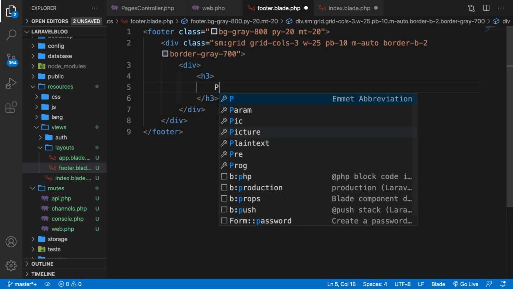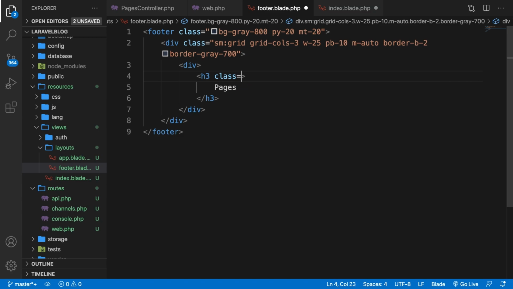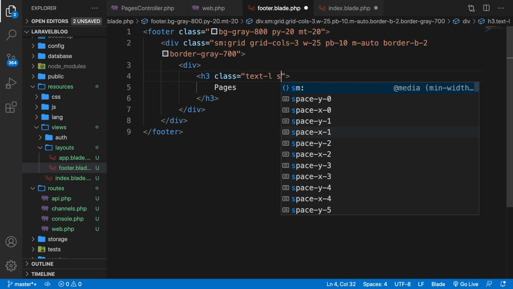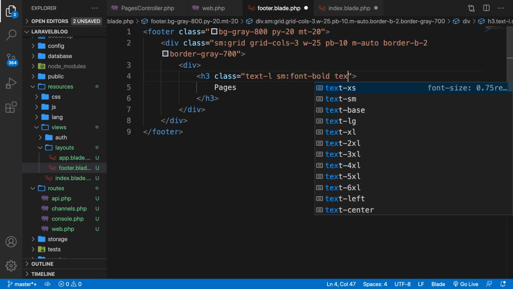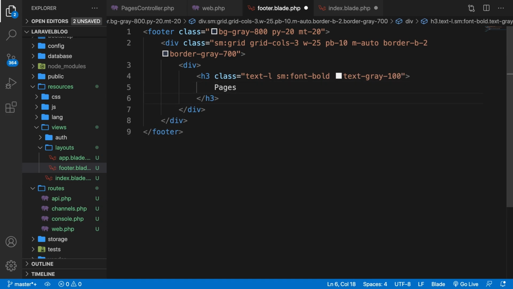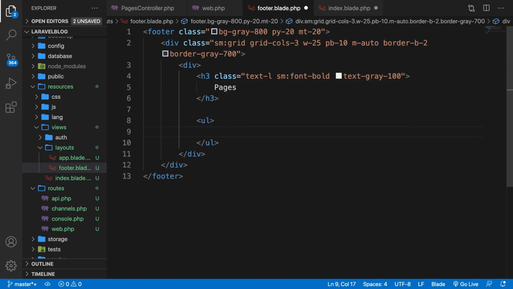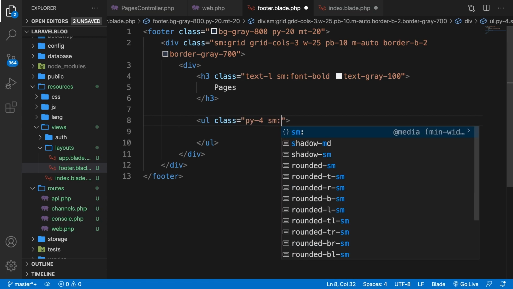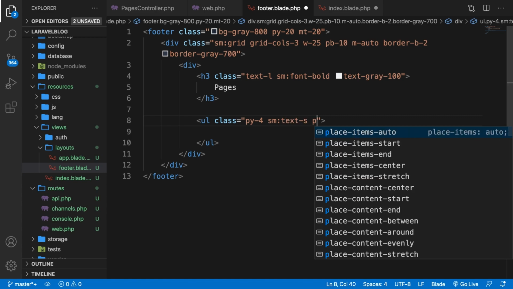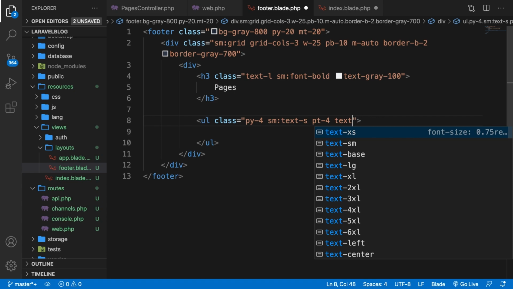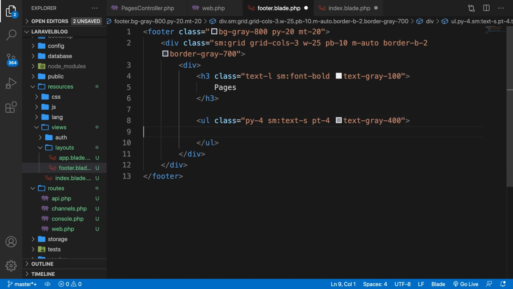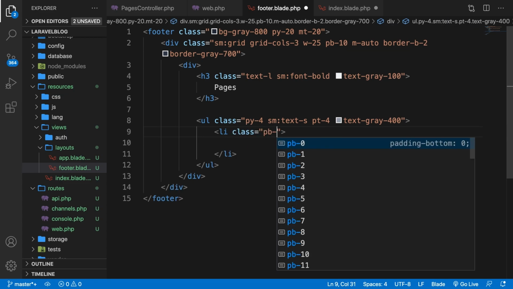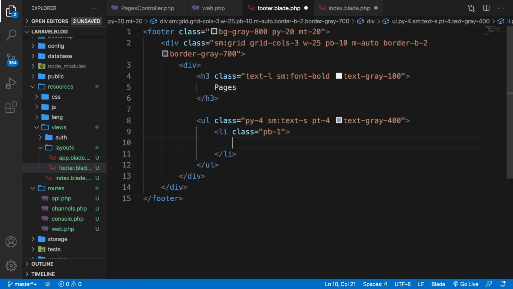Now the second div does not need any classes, but we need to add an h3 in here, which says pages. Let's give it a class of text-lg, so large, for small devices, and sm, font-bold, text-gray-100. Right below our h3, let's create an unordered list with a class of py-4 for big devices, so sm, text-sm, padding top is 4, text is gray-400. Now in here we need to add list items, so create an li, give it a class of padding bottom 1. Inside our list items we need anchors,